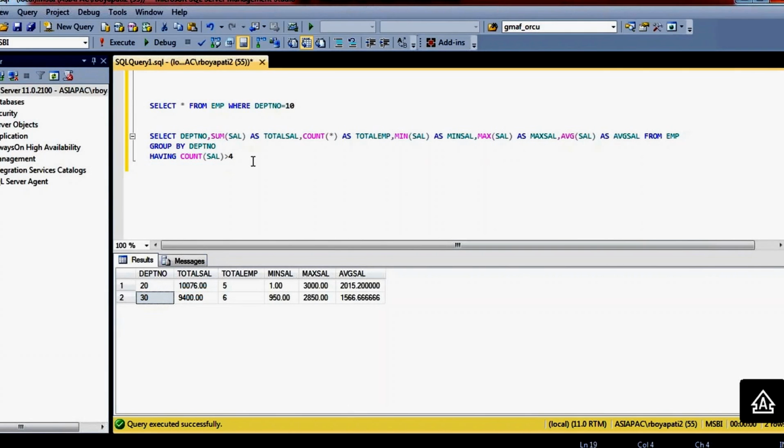For that we have the clause, that is order by. Order by, on which column basis do you want to do this ordering? I want to do this ordering on the department number basis. If you are not specifying anything, either ascending or descending order, it will take ascending order by default. See, 20, 30. If you specify descending order, it will take 30 and 20, the highest value is coming first. So whatever column you are specifying here, it will sort the data on that particular column basis.